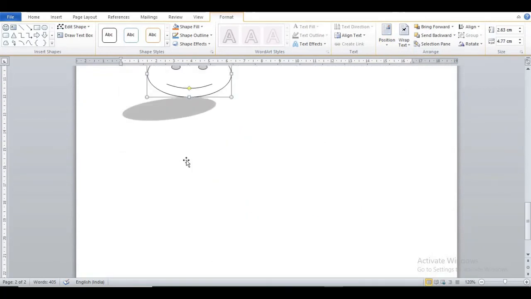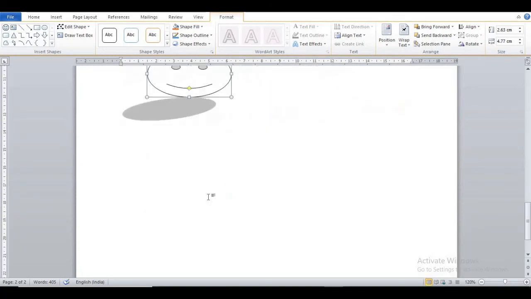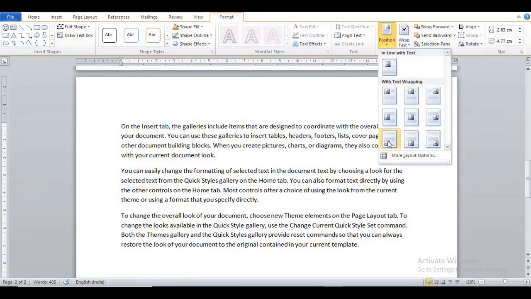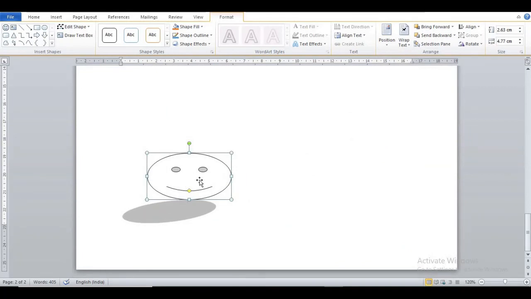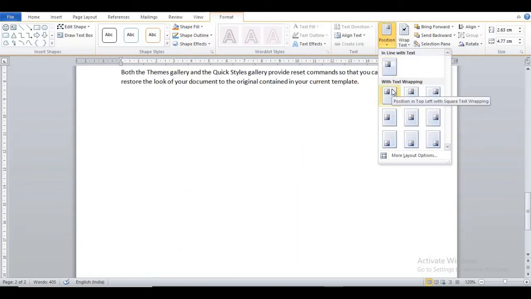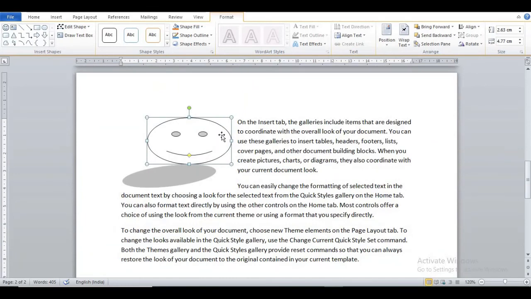So you can see here our image is in the middle of the page. Suppose I click on position in bottom, so our image is at the bottom of the page. Suppose I click on position in top left, so our image is in the top left of our page.